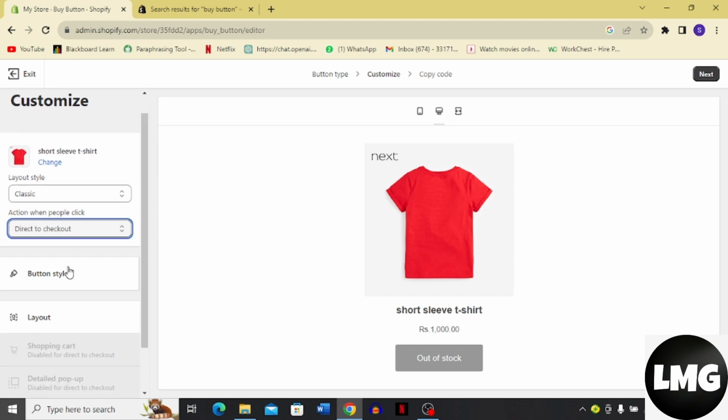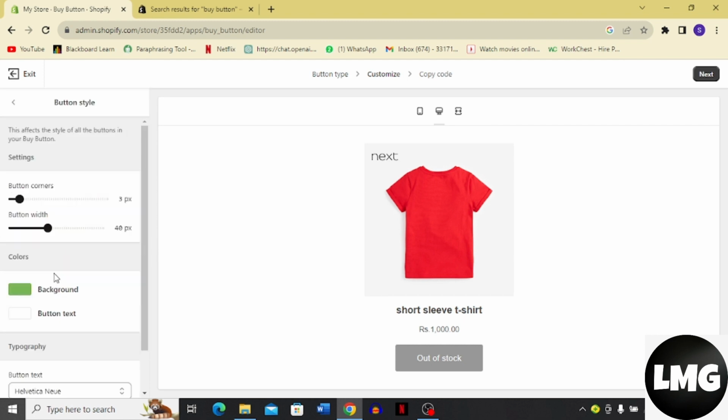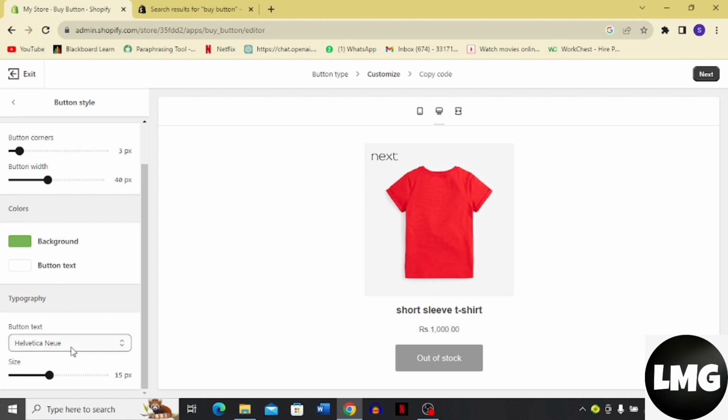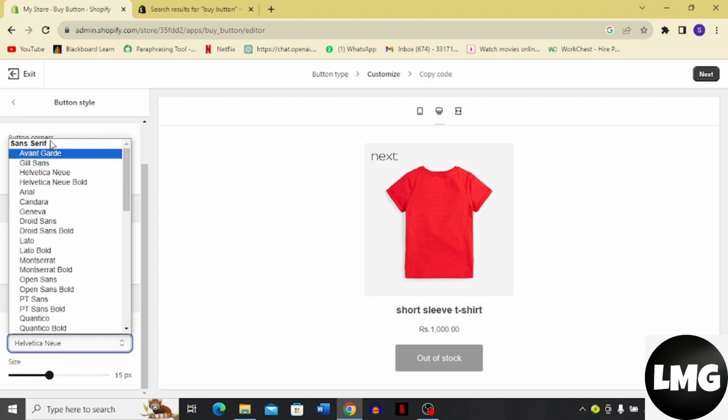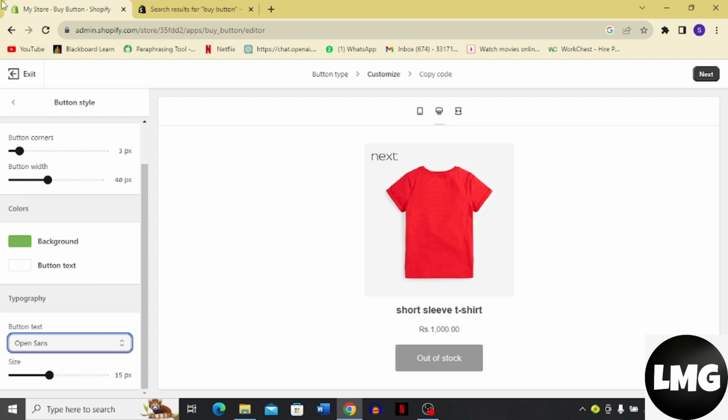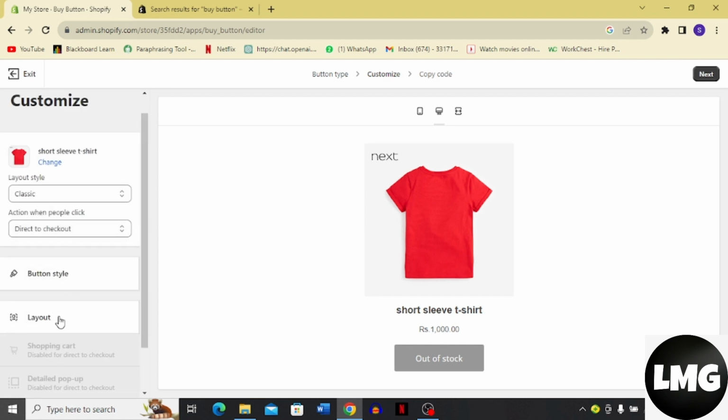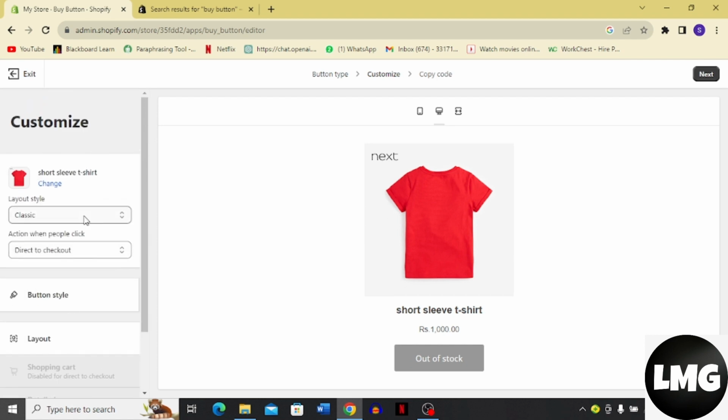So here you can choose the button style if you want to. Here you can see the button text if you want to. You can choose the font for it, for example this one, and then just go back over here by clicking this option. Here you can choose a layout for it, and here you can choose the layout style,